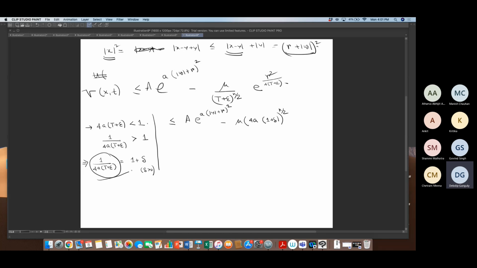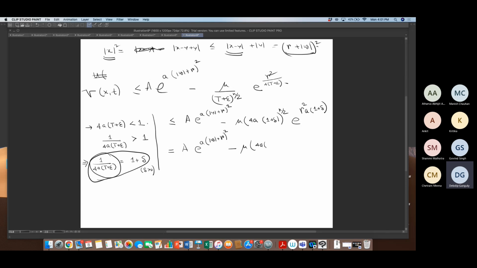Just I use this equality here: 1 by 4 t plus epsilon is 4a 1 plus delta, into e to the power r square a 1 plus delta. That's clear? So this is nothing but a e to the power a mod y plus r whole square minus